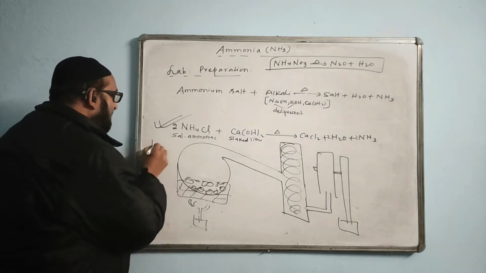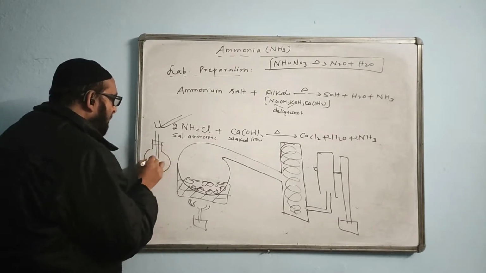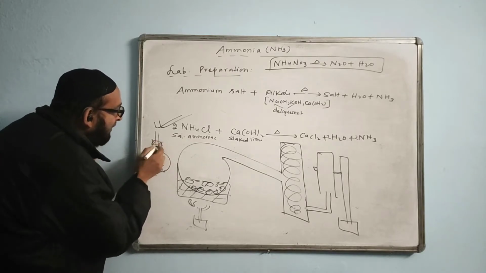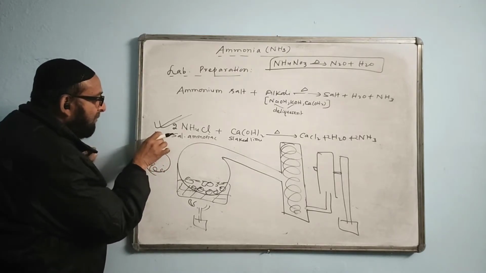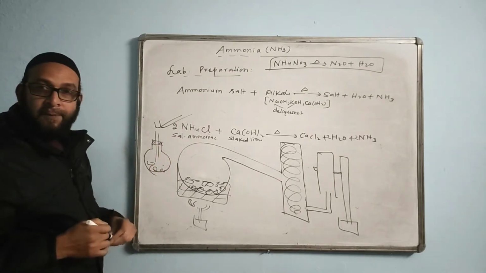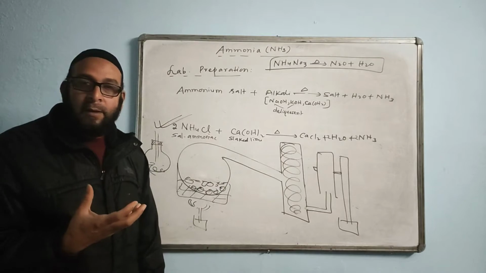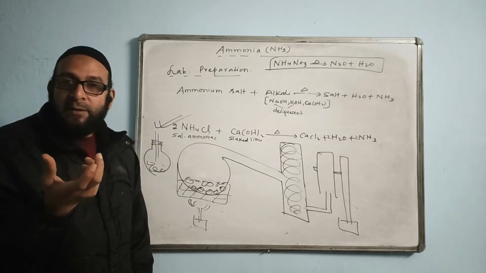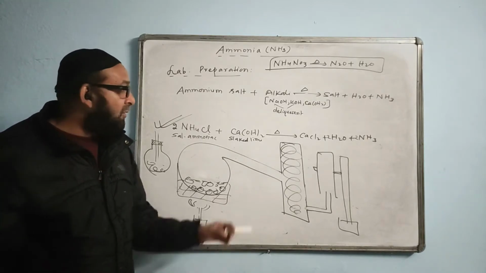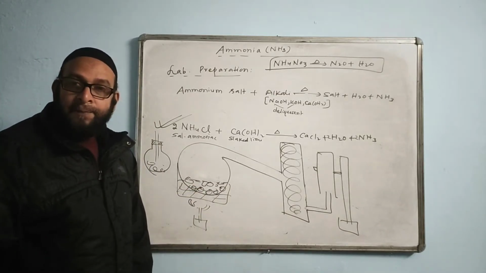If you keep the flask this way, just have a look, the water vapor will hit the Bourret stopper and change into water drops. That water drop will fall down on the hot flask and cause it to crack. Suddenly the hot flask receives cold water, because after some time the vapor will condense. So the downward tilt prevents the water vapor from trickling back to the hot flask and cracking it.